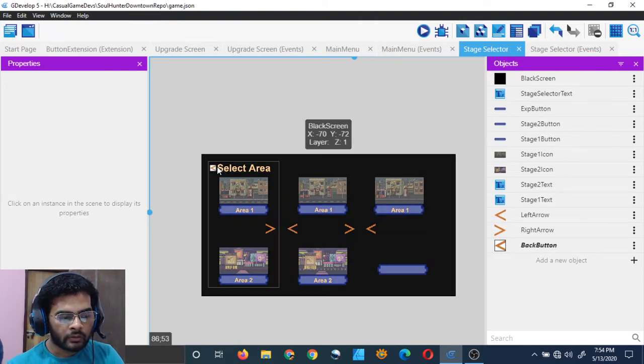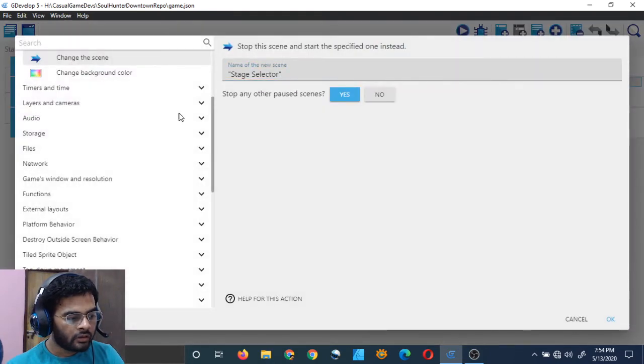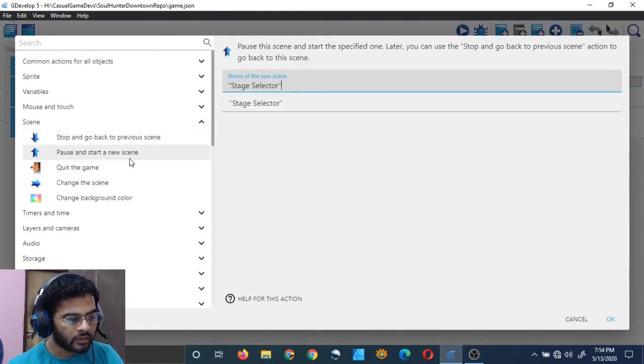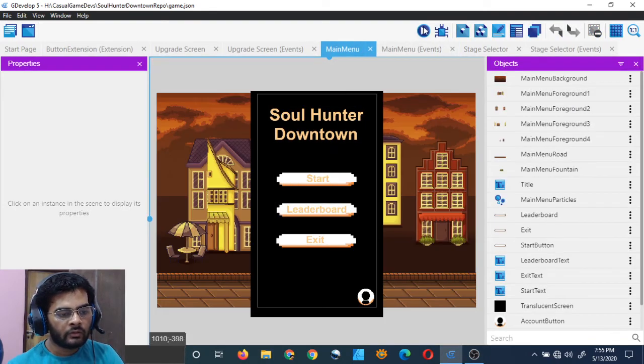But I believe to do that, I shouldn't change the scene. Double click on it, and I should do this. Pause and start a new scene, right? I think that's what I should do instead of changing the scene, if I want to use the back button, that is. So I will just run it.